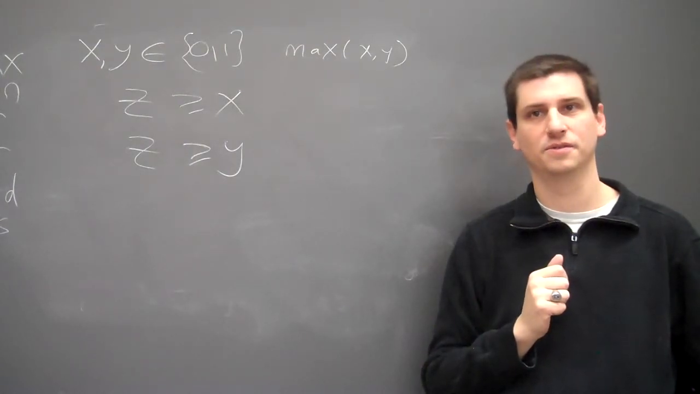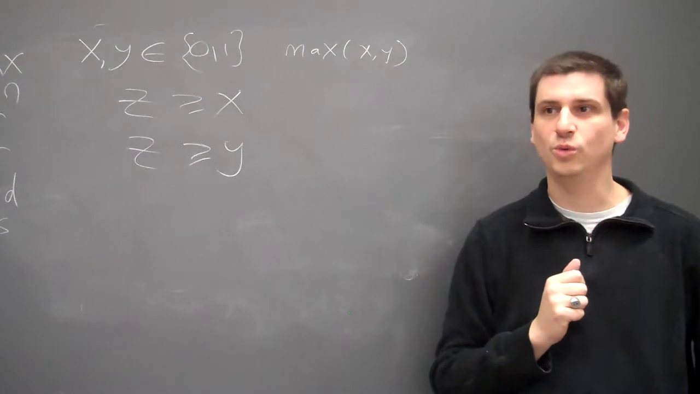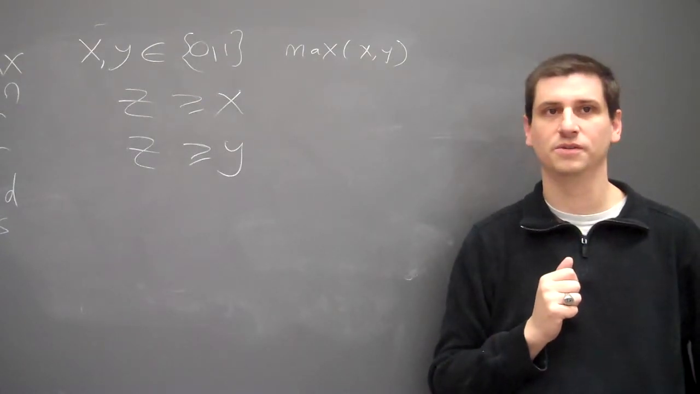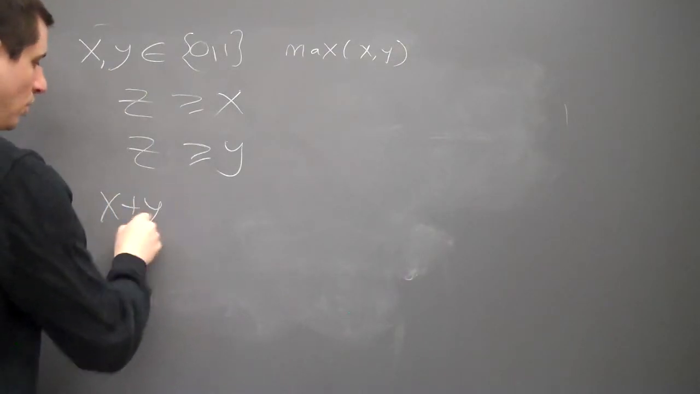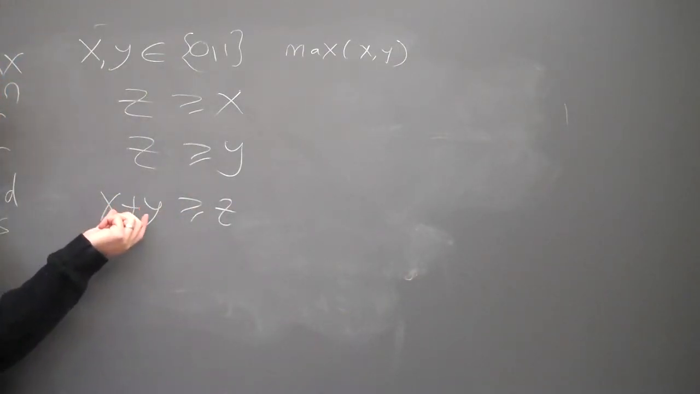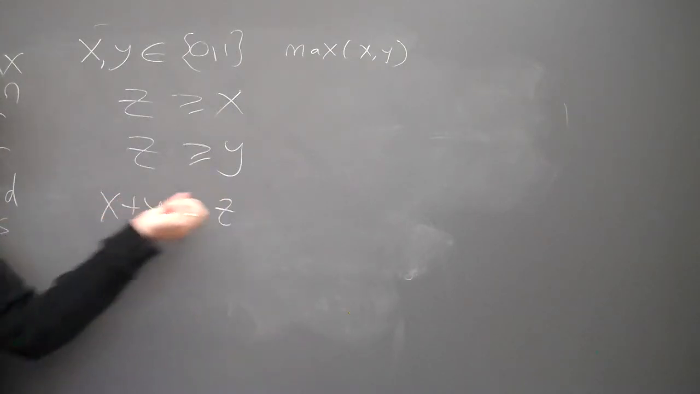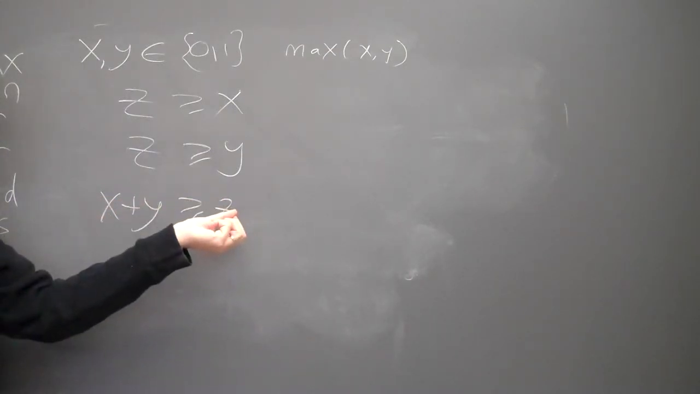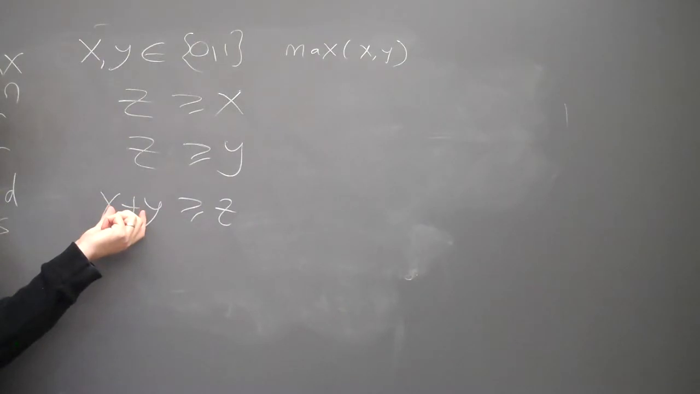X is not equal to y. We don't want to put a not equal. Z less than or equal to x plus 1. Good. So now if we do x plus y greater than or equal to z, so if at least one of them is 1, this constraint is vacuous and doesn't have anything to do. If both of them are 1,